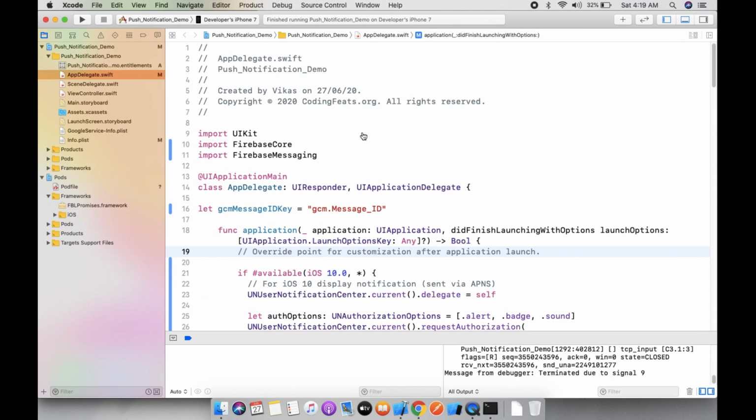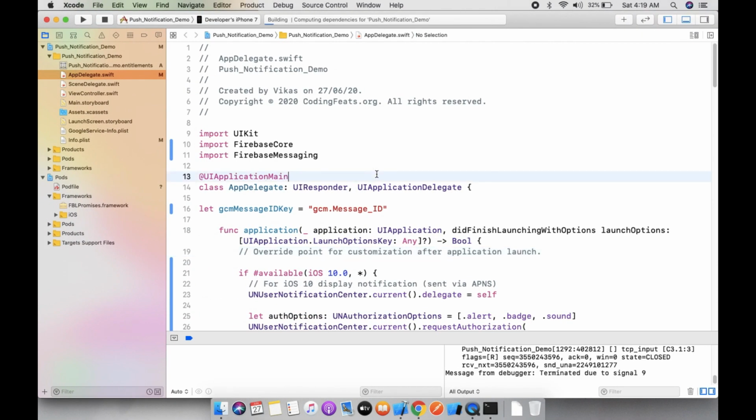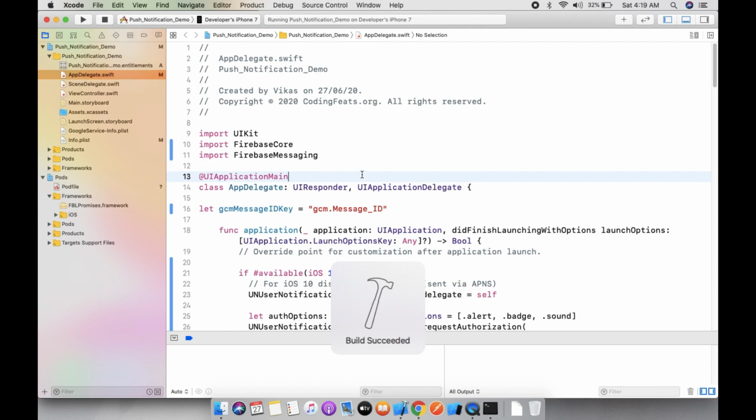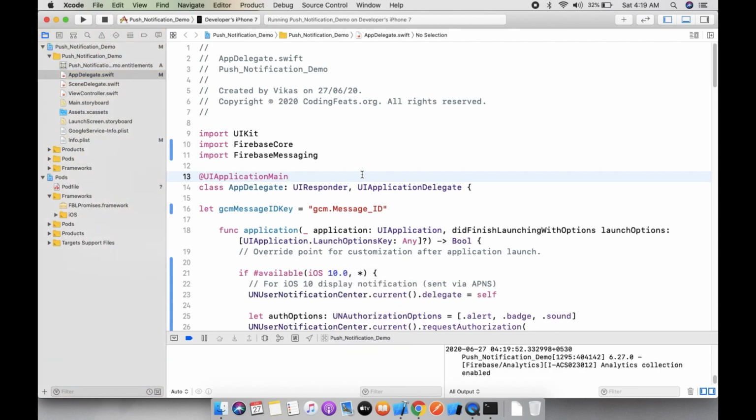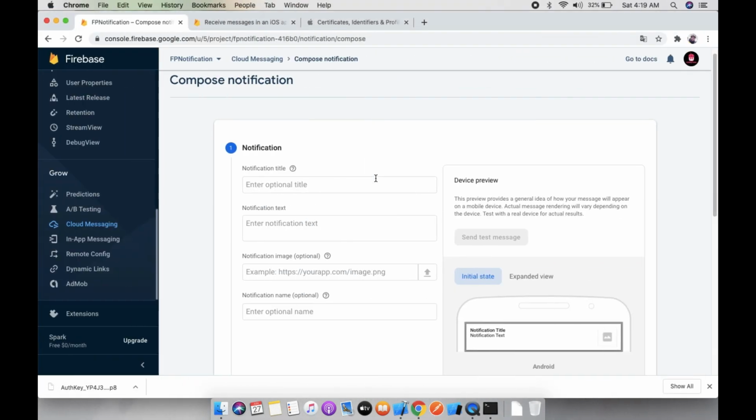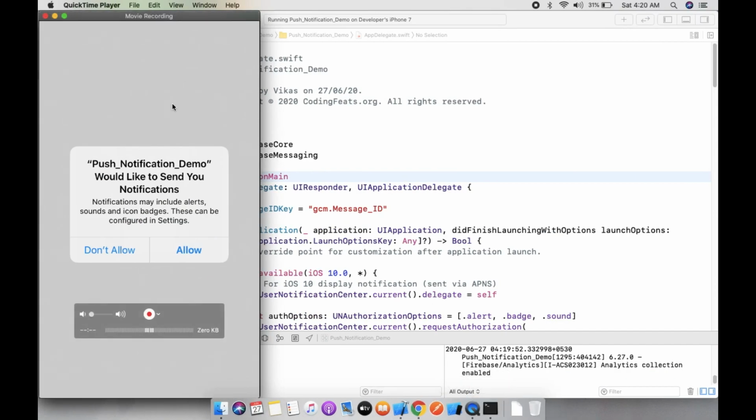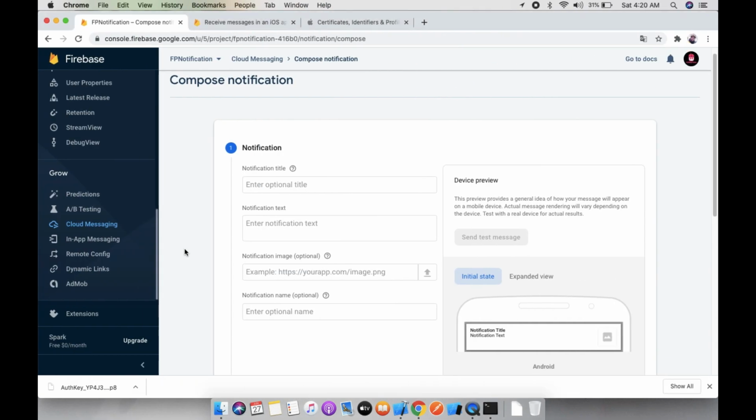For this we need to build this project and run this project. So here you can see the project is running, and click on the allow button.